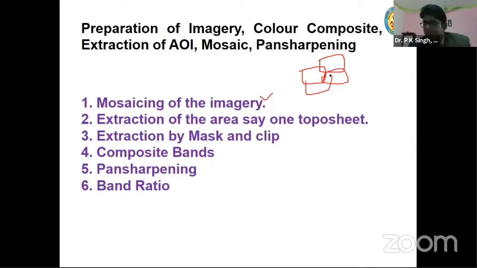Apart from that, there is QGIS, Quantum GIS, which is free software, but most of the things, rather everything you can do in ArcGIS, can be done in QGIS as well. But these are GIS softwares. There are also specialized remote sensing softwares like ERDAS and ENVI, which some of you might be using. But most of the things nowadays can be done in ArcGIS as well.